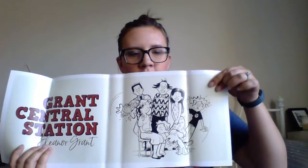So the main character, her name is Charlie, and she has 4 siblings. There's 5 of them together, and then her mom and dad. And her mom is an artist, and she draws comics. And the comic that she draws is called The Grand Central Station. And then this apparently is the little photo that they use at the beginning of every comic strip. So that was kind of fun to have this big art piece on the back of the book sleeve,